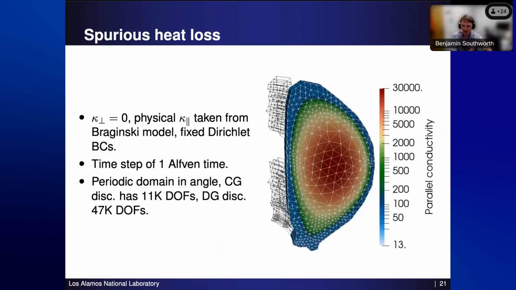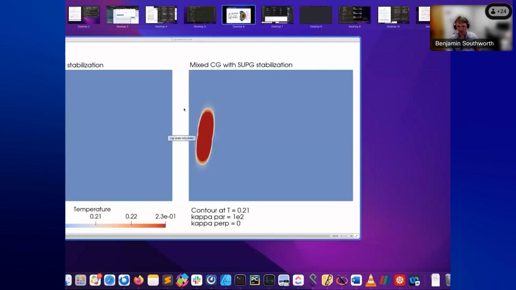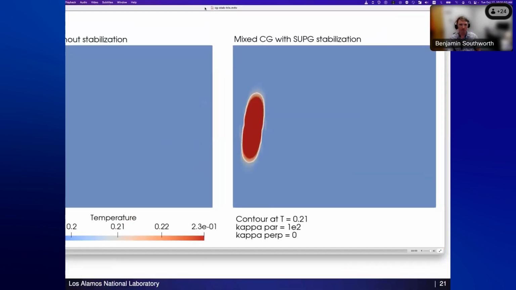So the final point of the structure preserving slide was that CG discretization with weak boundary conditions also weakly satisfies the temperature structural property. And it's a little more complicated. You have a bunch of extra terms that come out of the stabilization. But again, if you have a strong solution, those terms drop out and you go back to the continuous structure preserving. And so on that note, before I move on to the next example, we have a nice video